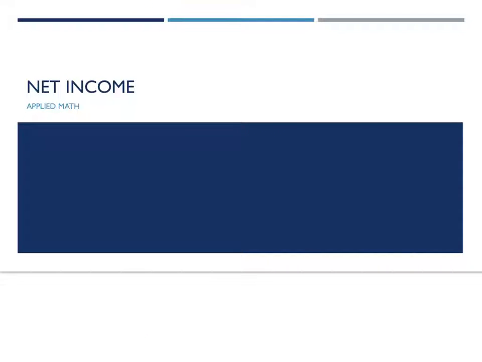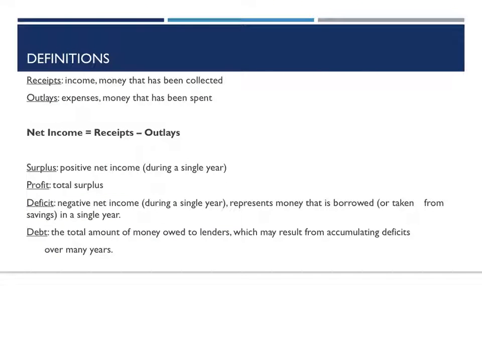Last for this section, we're going to talk about net income. So a couple of definitions. Receipts are going to be any money that comes in, income. Outlays, the 25-cent word for that is expenses. So it's any money that you pay out. If you want to find your net income, you take your receipts, the money you brought in, and you subtract